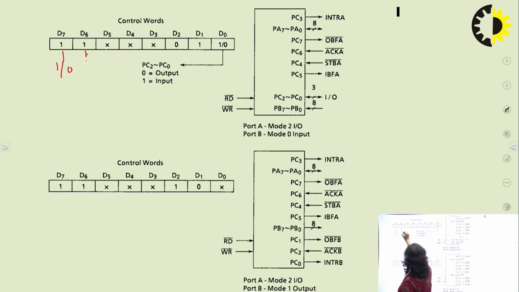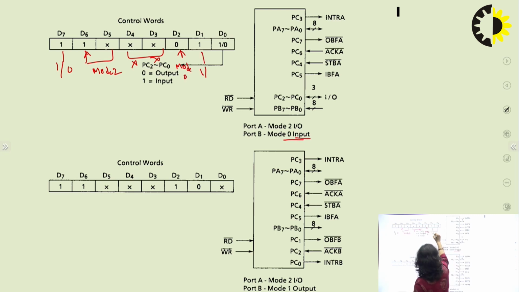Then D6 and D5 cross shows mode 2. And since it is input and output both, it works as don't care. Similarly, since port B is in mode 0, this is 0. Mode 0 input, so this pin is 1. And this is a control, so 1/0. So this is the control word for